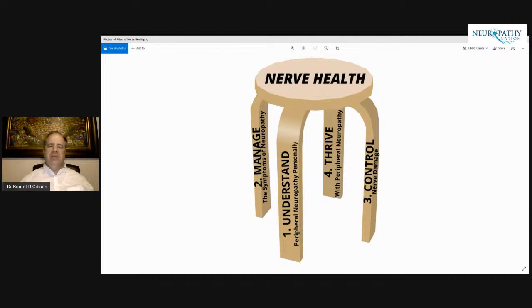One thing is going to fix my peripheral neuropathy. In fact, even just for me, there wasn't one thing. It was a process. It was kind of this structure because I think this is the key. The idea is if you want true nerve health, if you want to treat your peripheral neuropathy in such a way that you can actually get your nerves healthy so they don't interfere with your life, this is what I